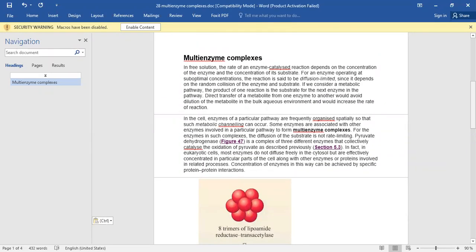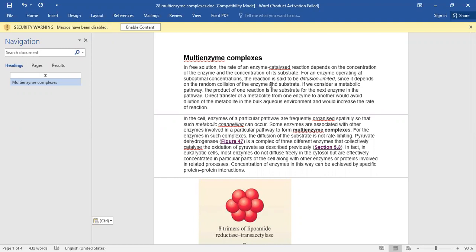Today I am going to discuss the topic multi-enzyme complexes. What is a multi-enzyme complex? Multi-enzyme complexes are enzymes in combination. It means two enzymes, three enzymes, four enzymes mix together and make a complete complex of enzymes, that is known